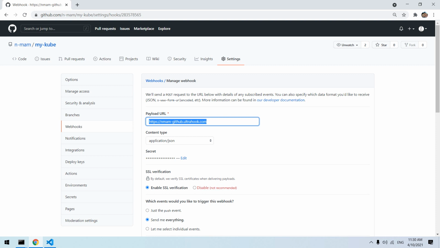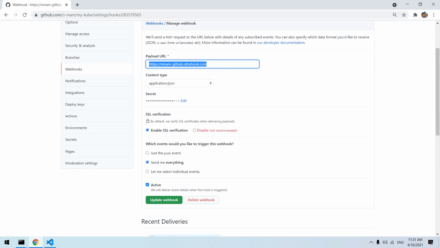Your personal public webhook endpoint in UltraHook would look something like this. This has to be adapted as per your webhook registration email. Set the content type to application/json, and the secret I'll tell you a little while later. All these settings have to remain like this only. I have not altered these in any way.